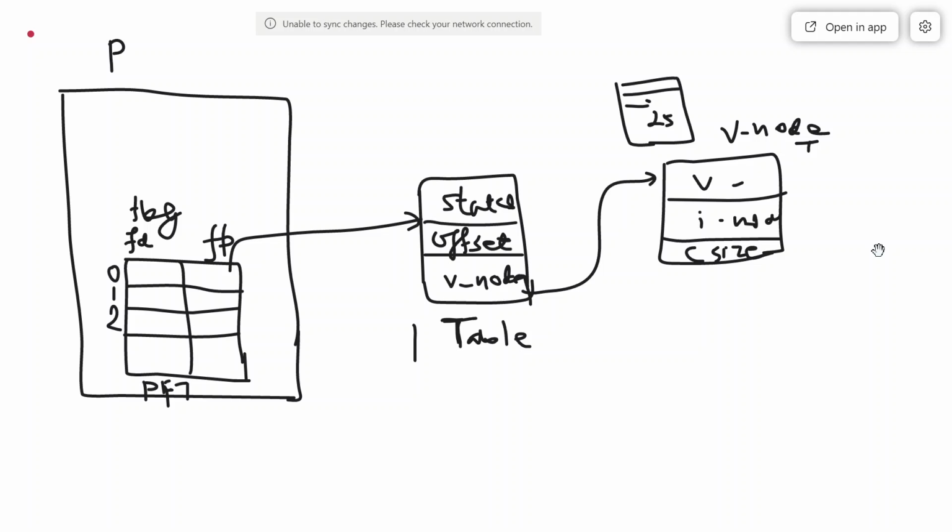So this is how things are working. A process makes a table. By default, 3 entries are there in the table. A file pointer may be pointing to one file, another may be pointing to another file, and accordingly we can collect the information about the file. So this may be considered as a kernel data structure for a file.